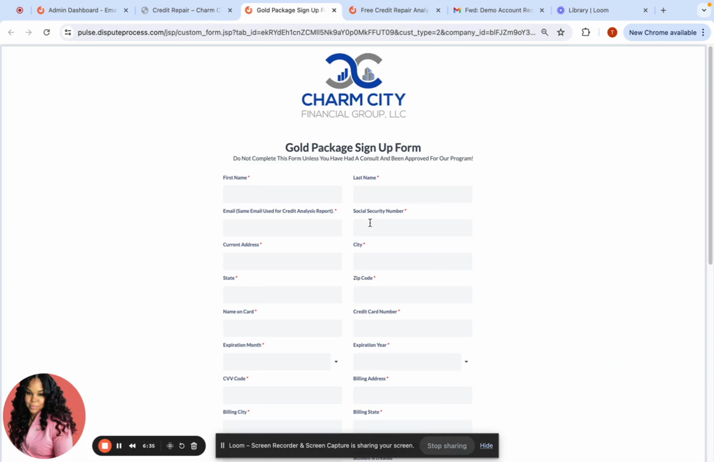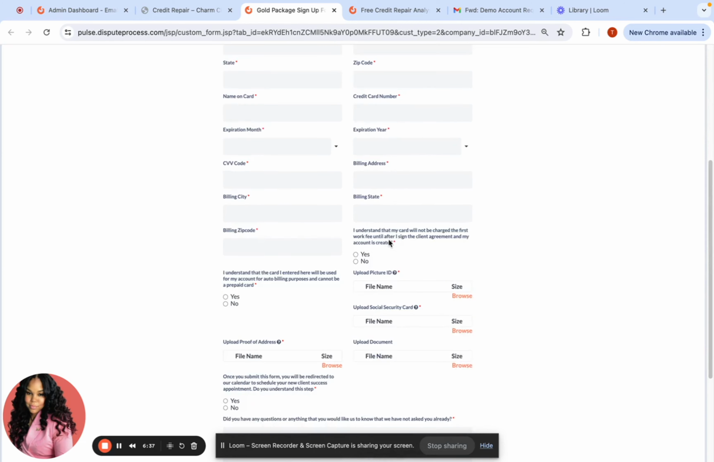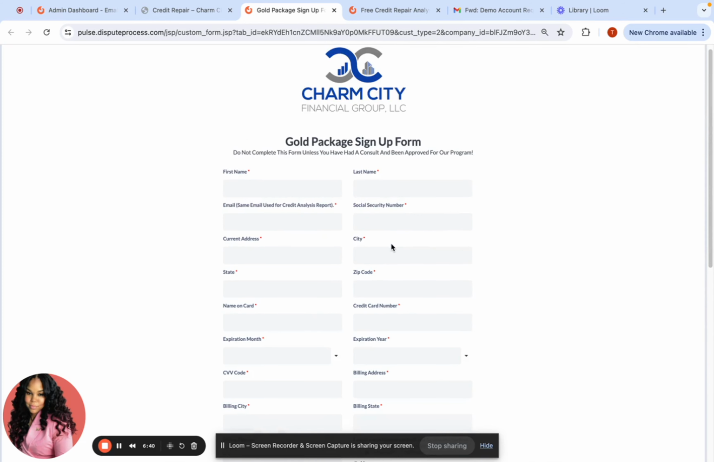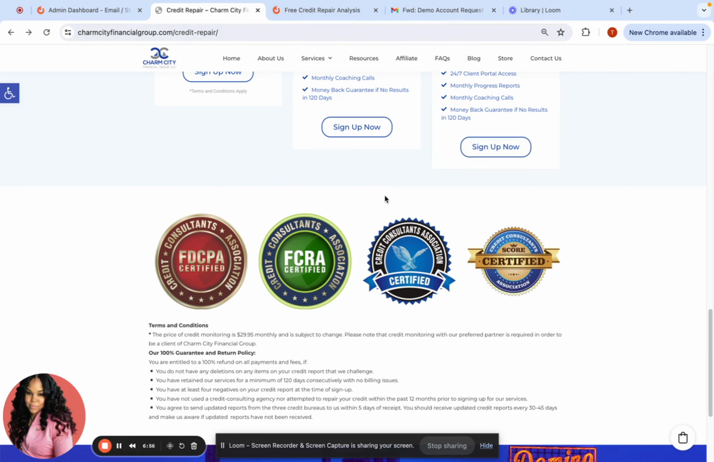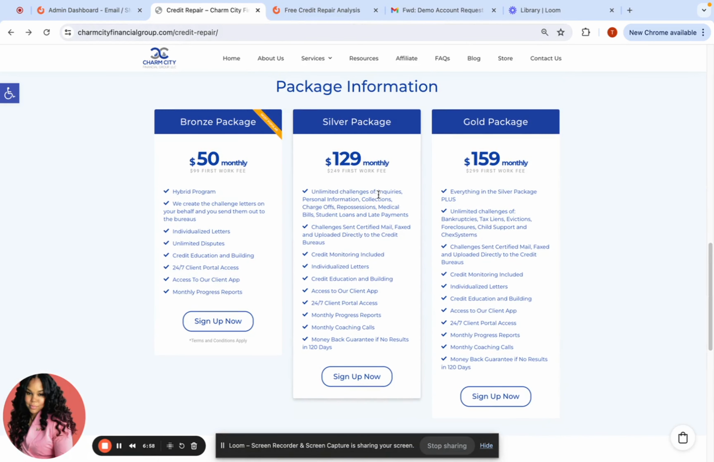So real quickly, before I show you the credit analysis, if you have different packages, you're not going to be able to use the standard default pricing in DisputeFox because, as you know, we only have one option to use standard pricing. If you have multiple packages like I do, you are going to have to manually write in the pricing agreement for your client agreements. So for example, my gold package is $299 first work fee and then $159 monthly. For all of my three packages, I have